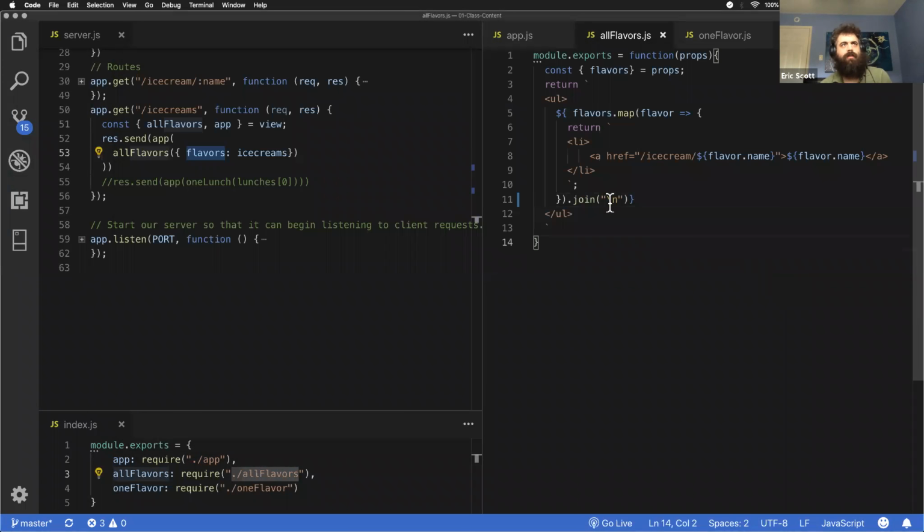Later in React, we'll see that we don't have to do the join, but that's because React works fairly differently, though it looks on a surface level similar. So for each flavor, we're going to return a string. We're even going to set some of the properties dynamically because, again, this is just a string that we're making. So we're setting the ice cream to be the flavor name, and then we have the flavor name visible there